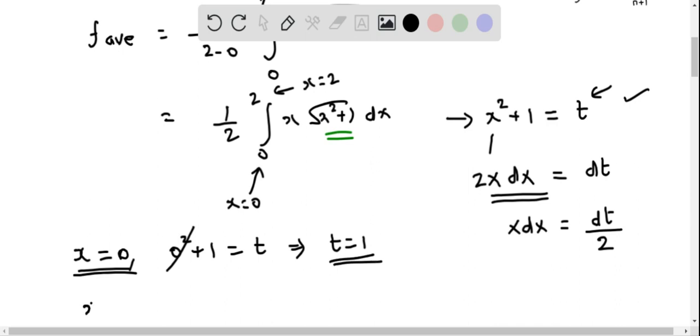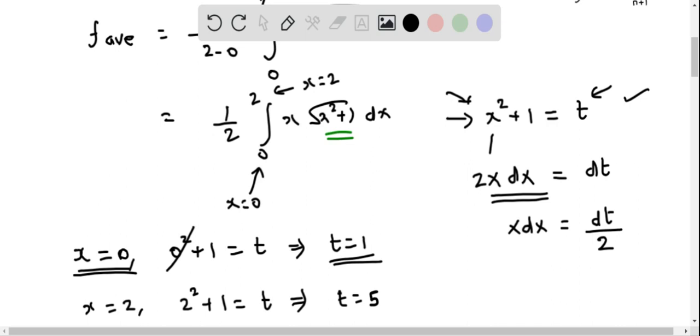And similarly, we will find the corresponding value of t when x equal to 2 by substituting into this substitution. That is, when x equal to 2, this becomes 2 squared plus 1, and this equals t. So 2 squared is 4, 4 plus 1 is 5. So we get t equal to 5. So therefore, now we can see that